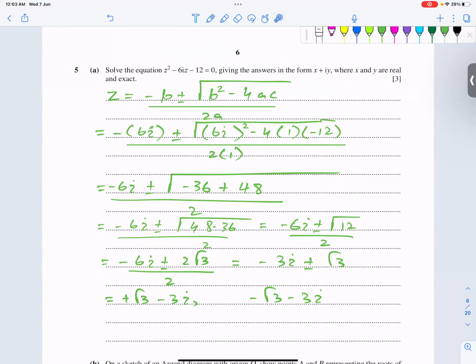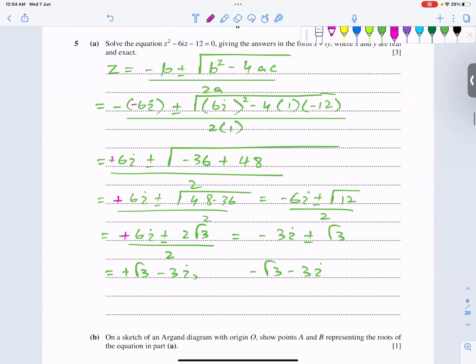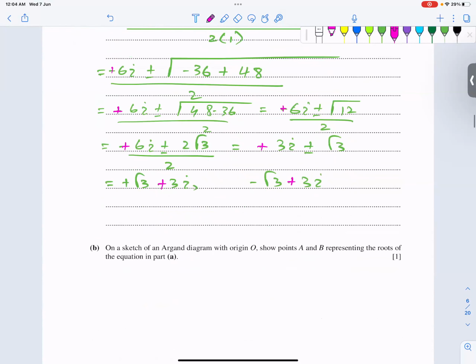I made a mistake here because my B was minus 6i. So if I put minus 6i here, this will become plus 6i. So both are plus. Okay. Now,